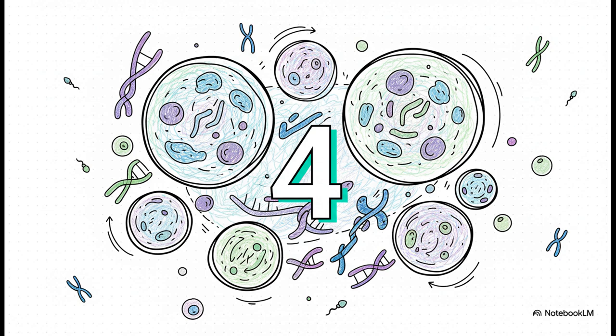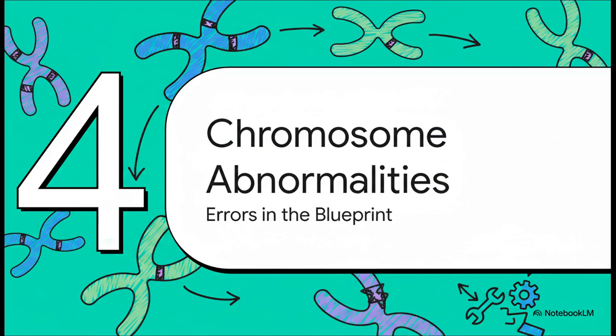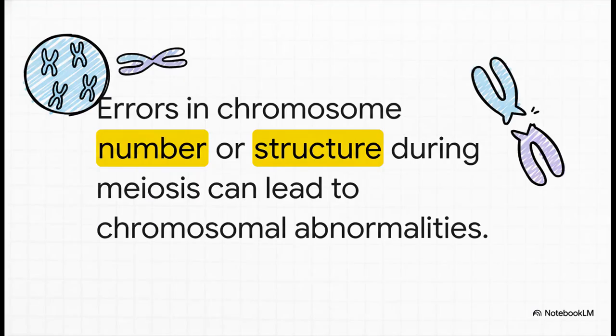Pretty amazing, right? But, this whole thing is so complex, so intricate. What happens when it goes wrong? 'Cause let's be honest, with this many moving parts, mistakes, they can happen. Errors can creep into the blueprint. And those mistakes can lead to what we call chromosomal abnormalities. That just means that the sperm or egg cells that get made might end up with the wrong number of chromosomes, or the chromosomes themselves might be, well, broken